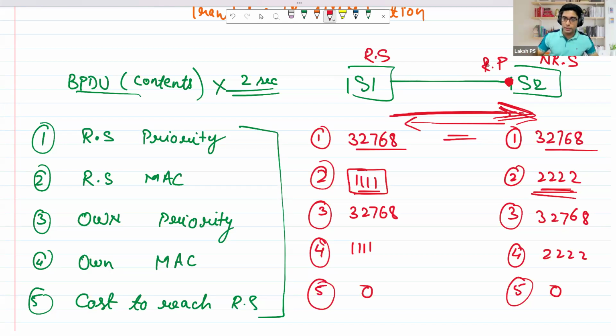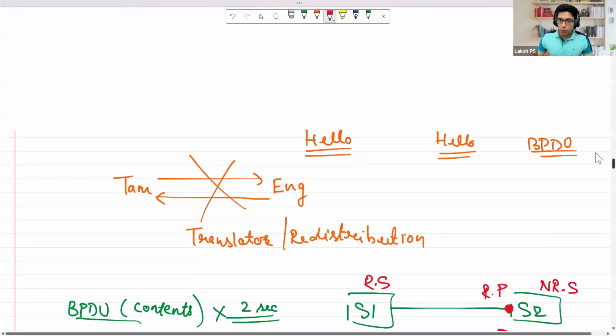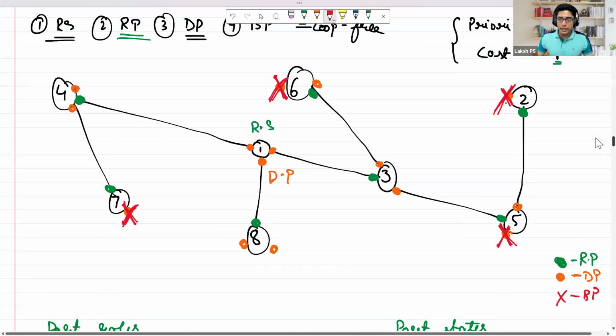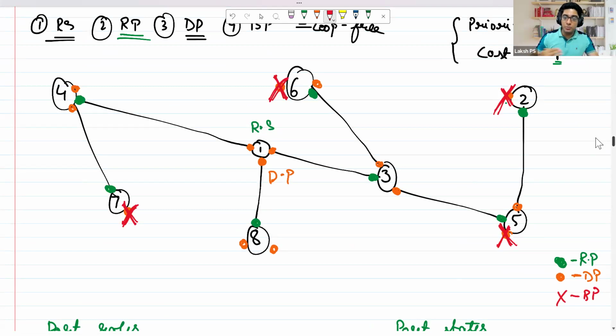Which is going to be a root port, which is going to be a root switch, designated port, block port, etc. So in our topology over here, the moment we connected all these switches together, they have exchanged their own BPDUs. In that BPDU, they shared the root switch. The first time when they are enabling spanning tree, all of them would have assumed that they are the root switch. But the moment they see each other's MAC address, and